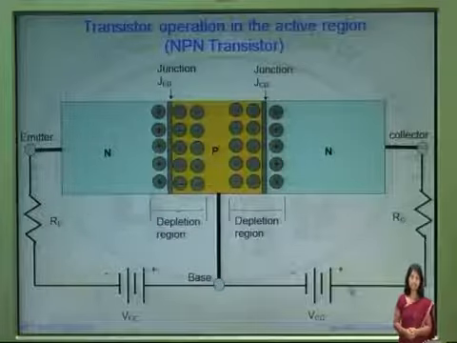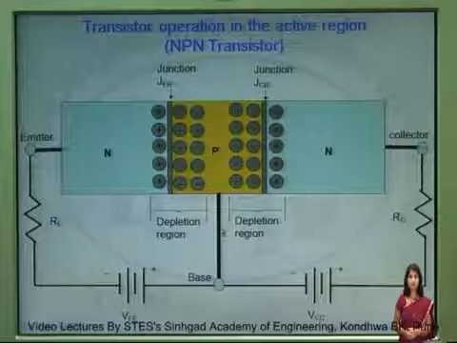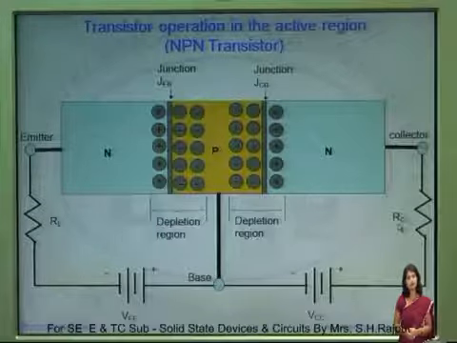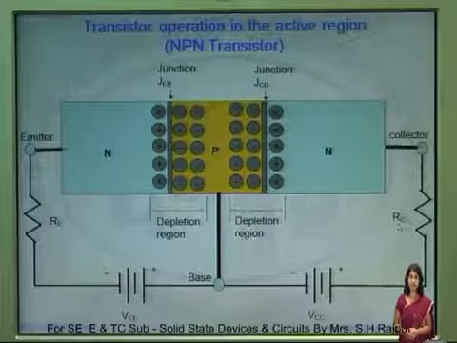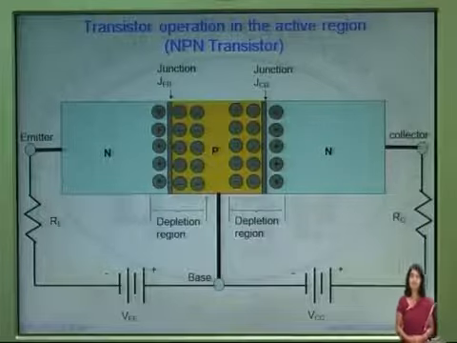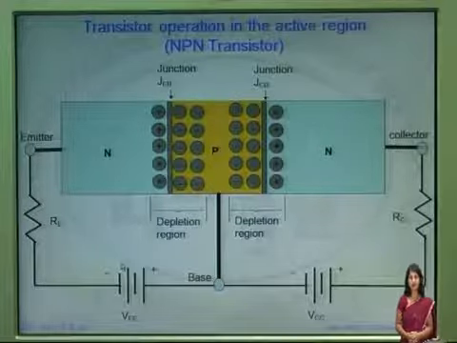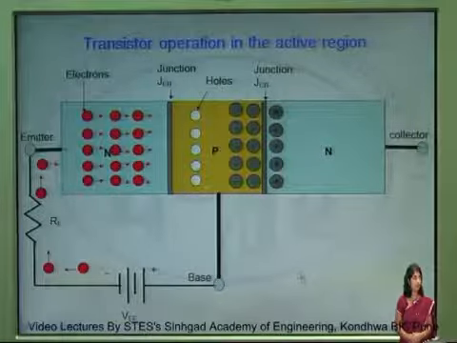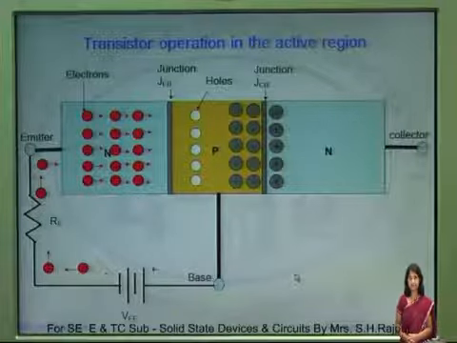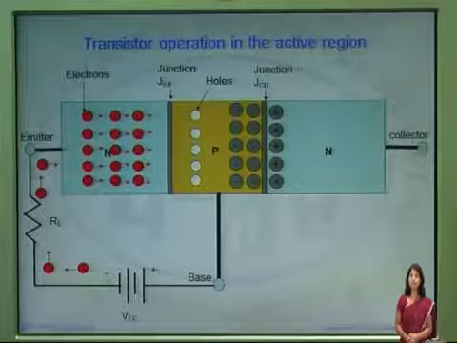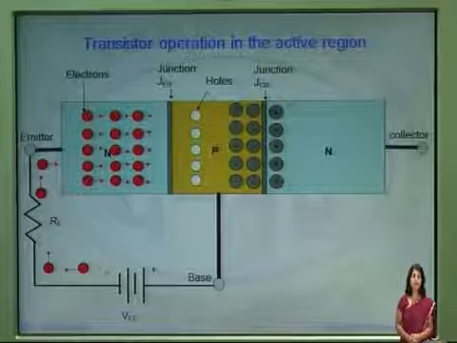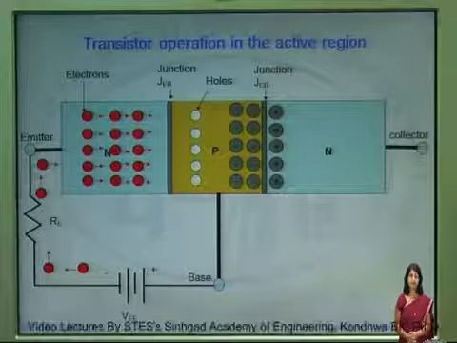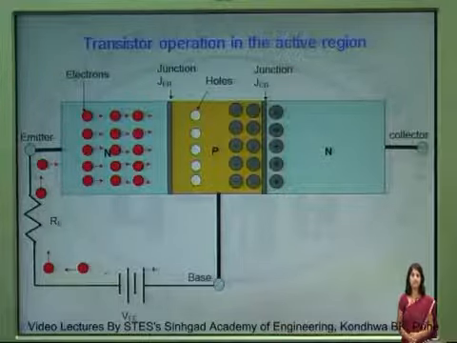Now the third part is the collector current. Whatever electrons are present in the base section will be attracted towards the positive supply of the battery from the collector section. That starts the flow of collector current, called IC. This constitutes the three currents: emitter current, base current and collector current, and the summation of IB plus IC gives you the emitter current, IE. The summation of IB plus IC is equal to IE, that is, the emitter current.